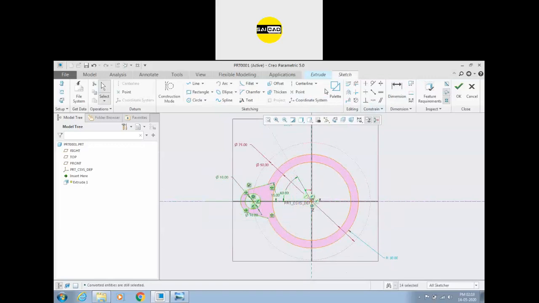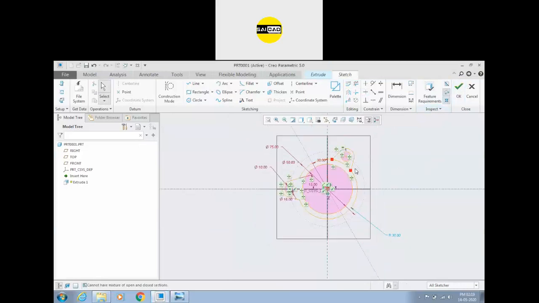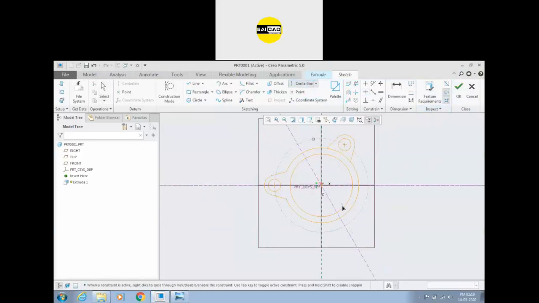So we can select the object, go to mirror, select the center line. This line is not working because it is a construction line, so we need a center line. Just create a center line from here and define the angle. We can also define the 30 from here. So select, go to mirror, select this. Sorry, we don't need to complete the sketch right now. We just have to create another one. So define the angle.